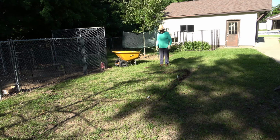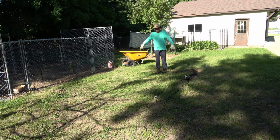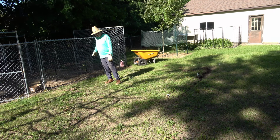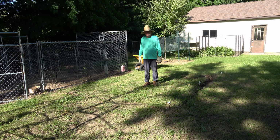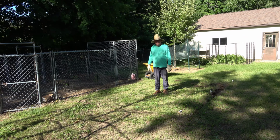This will probably be sweet potatoes that we're going to be planting in here. We may put another tomato plant, let's say right here, possibly another one there. Then we're going to also use this area, decided we're going to put in some green beans. They're easy to grow. And what else did we pick up? Well, I don't think we have room for everything. You got some snow peas, and we also have those Lady